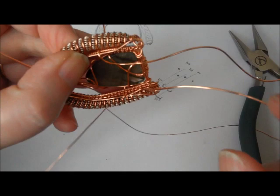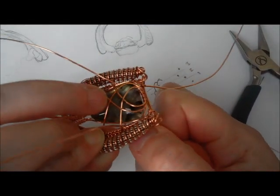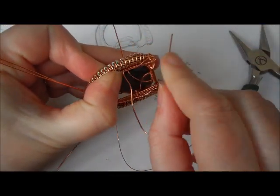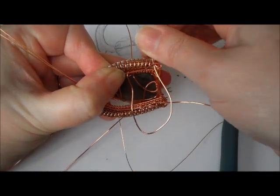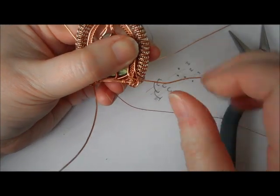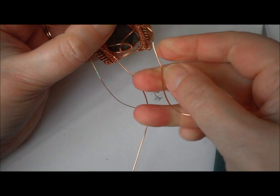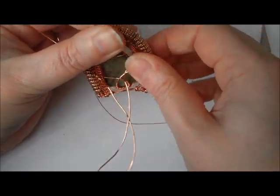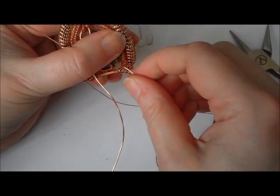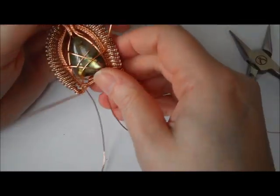There we go, we're still in place. Pull that tight, and then underneath that spare wire, and then I'll slip that through. It catches a little bit on the coil because the coil having the little lumps and bumps on it, don't want to slide quite as easy. So that's through and against that, so that should be fairly secure at both sides. Now then,